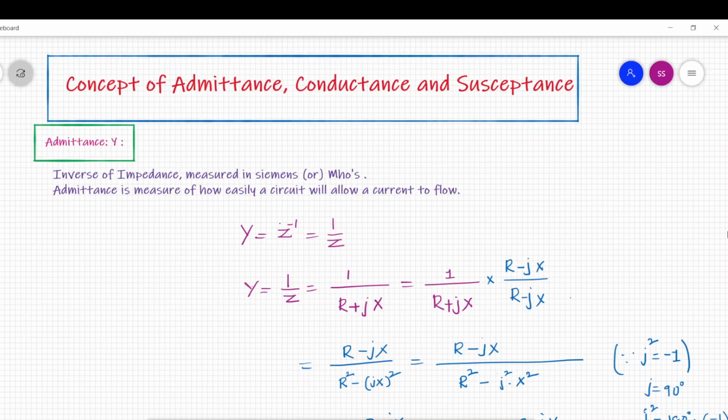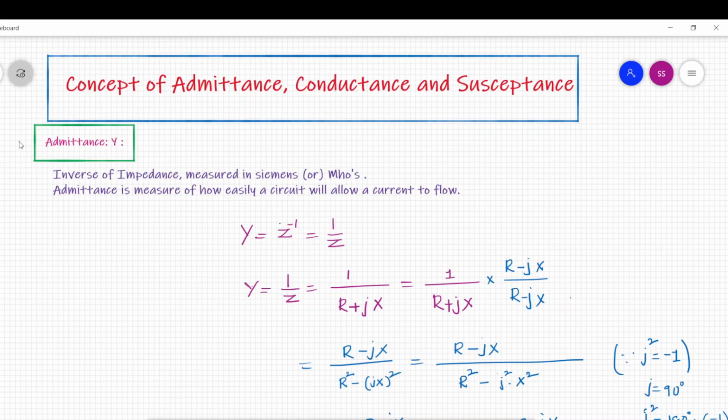Students, so far we have discussed series RC, RL and RLC circuits. Now we are going to see parallel RL, parallel RC and parallel RLC. Before going to learn parallel circuits, we need to know a few things. So let us proceed.